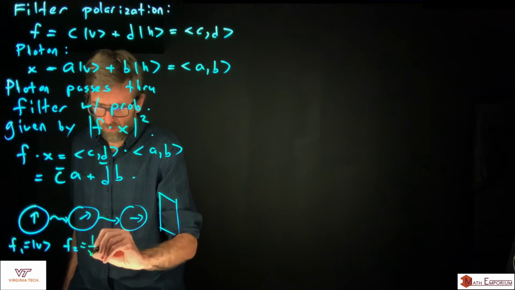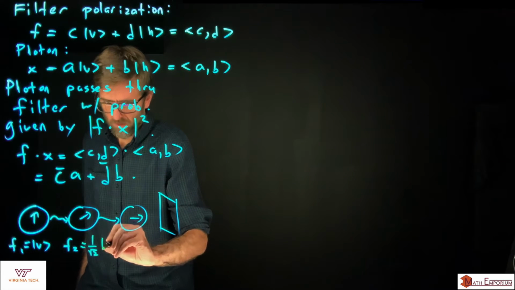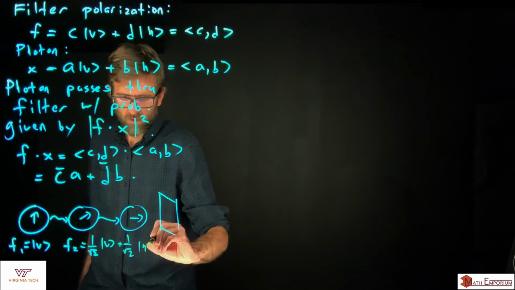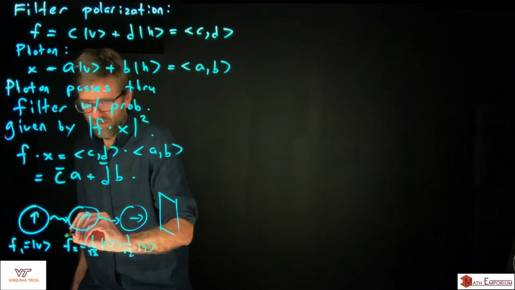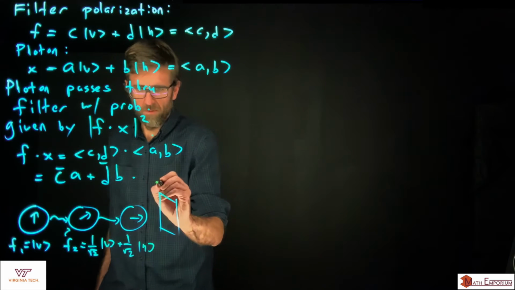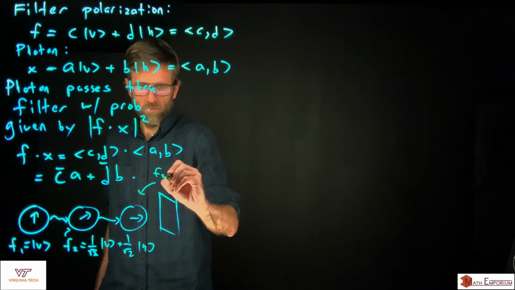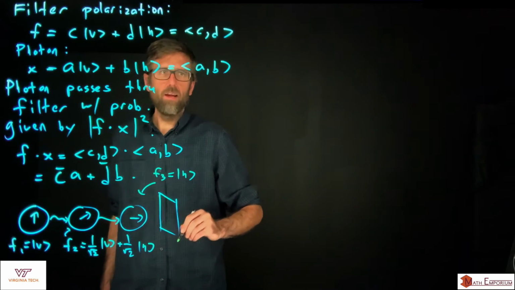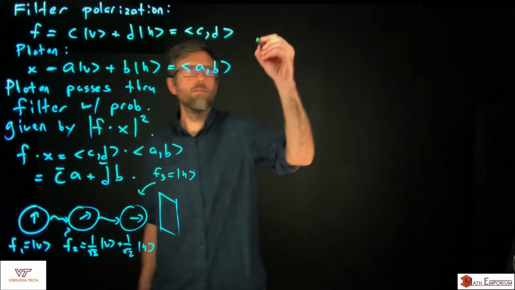So this should be 1 over root 2 V plus 1 over root 2 H. So that's F2. Didn't leave myself a lot of room here, but this would be F3 then, which would just be H. All right, and so let's suppose then initially